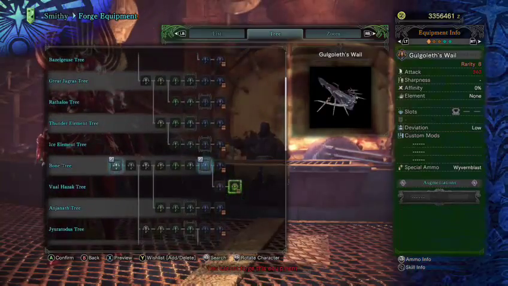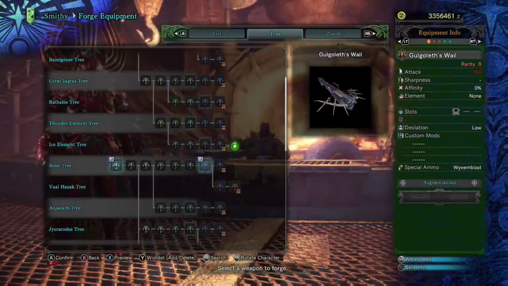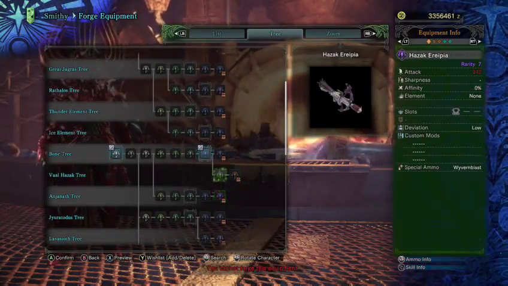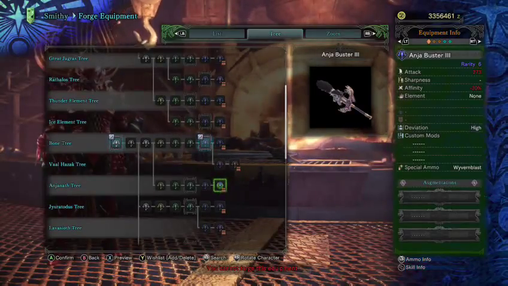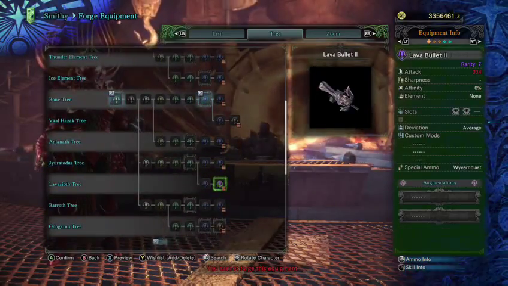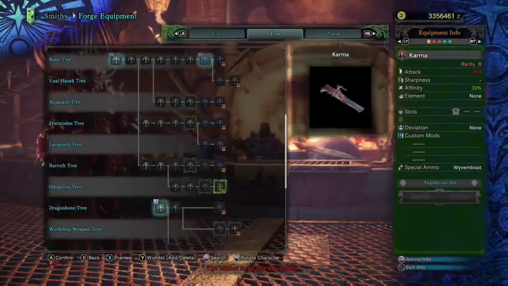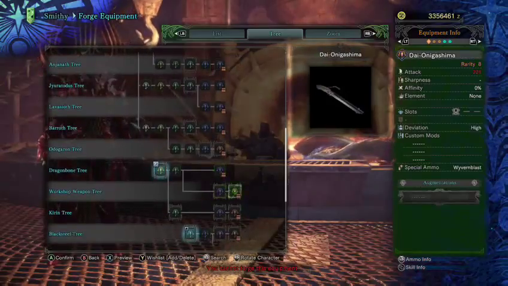And then moving on to Valhazak with low deviation and Vibrant Blast. Anjanath weapon tree with minus 30% affinity, Anjanath Buster. Jyuratodus tree, water weapon. The Vaal Hazak tree, Barroth, Odogaron, Dragon Boom, Workshop,